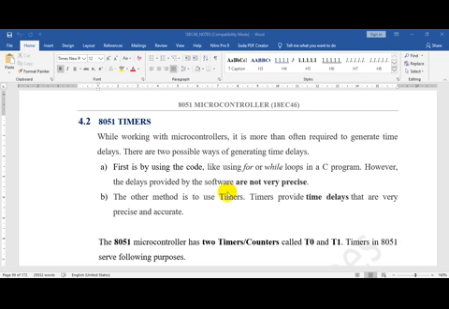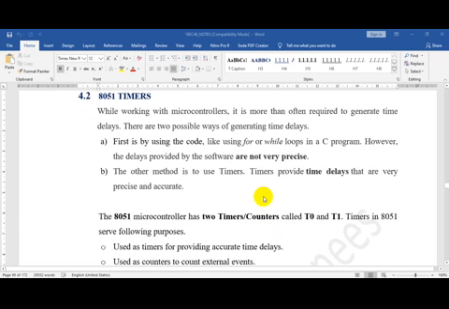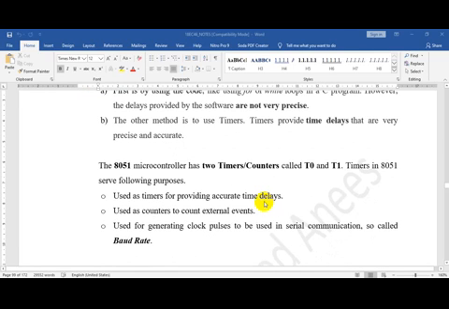So that is one reason we go for timers, and timers provide more accurate and precise delays compared to the software delays. In case of 8051 the timers are used for three purposes. As I said, we have two timers, namely T0 and T1.